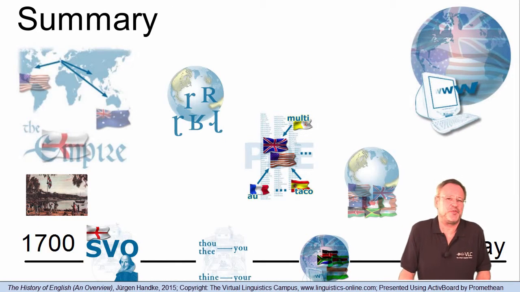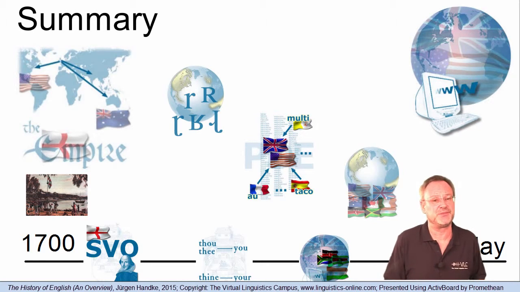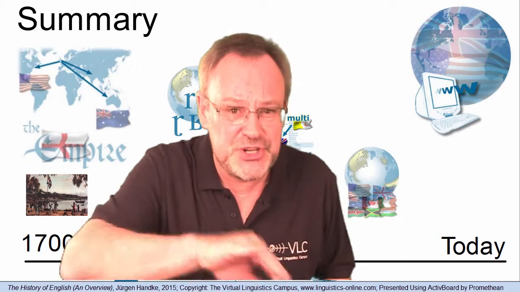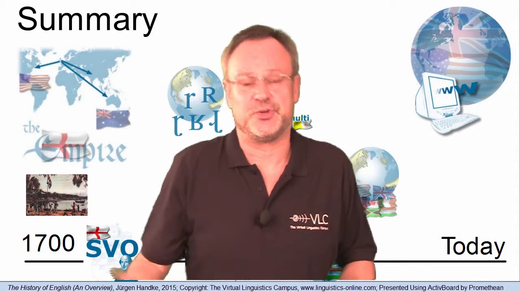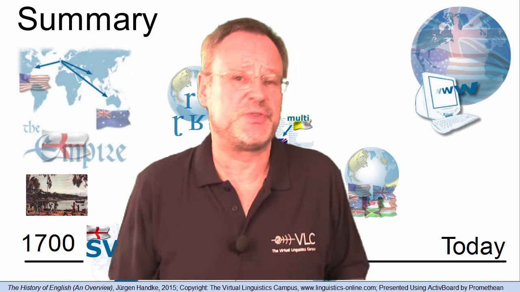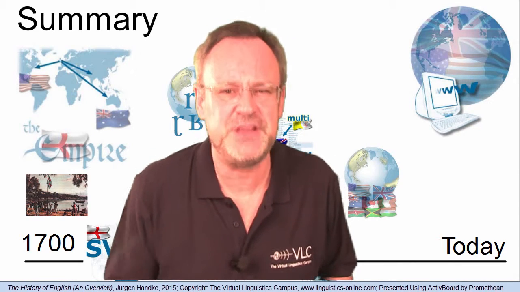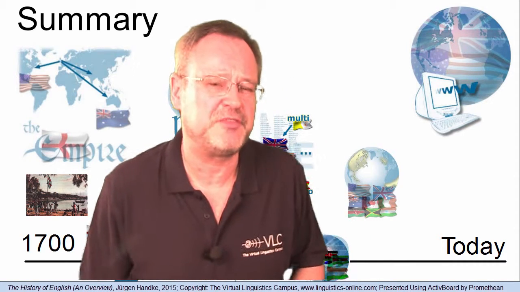Well, insofar as there has ever been such a thing as a world language, English is one today. During less than 300 years, English developed from a regional language to a global language. Today, English constitutes the most widely used individual language with more than 300 million native speakers and more than 1.5 billion official users.